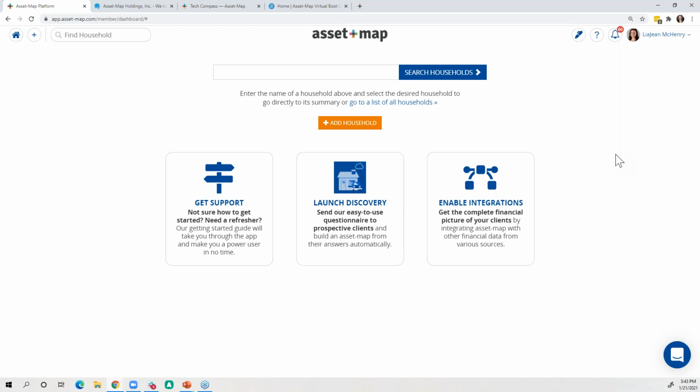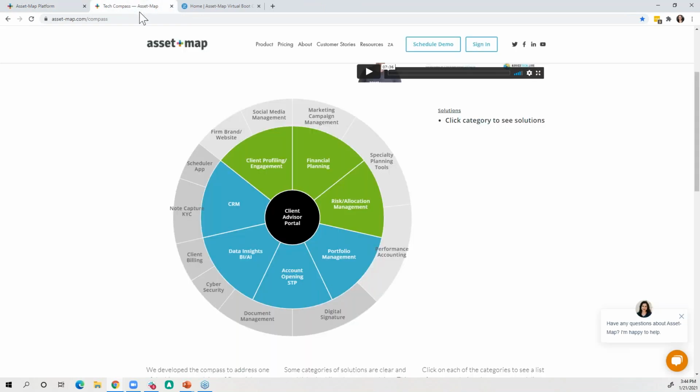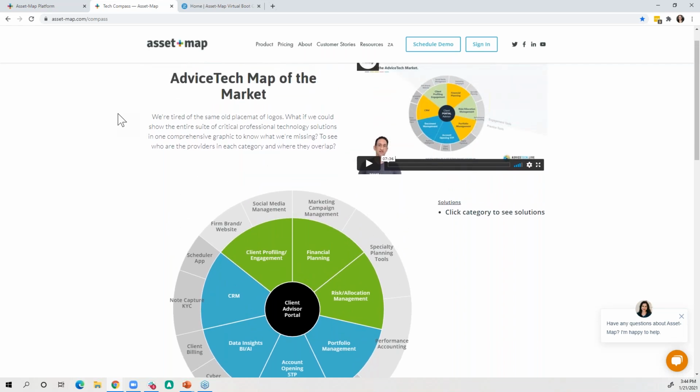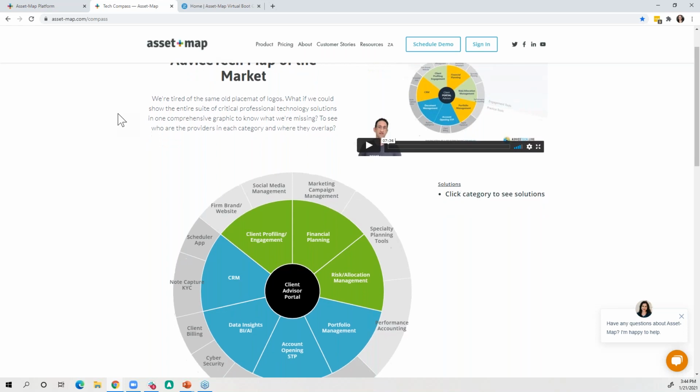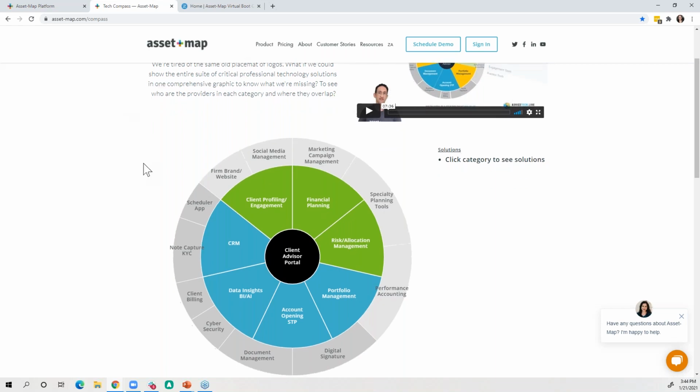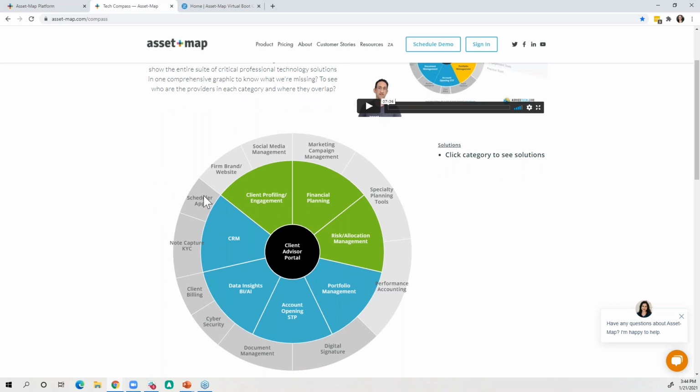Now, one other area that I want to showcase to you is an incredible tool that we added on to our website. We rolled this out in Q3 of last year, and this is our tech compass. Our CEO and founder, Adam, really took some time and envisioned a space where, if you're looking to evaluate your tech stack, grow your tech stack, or find what the different options are out there when it comes to scheduler apps,